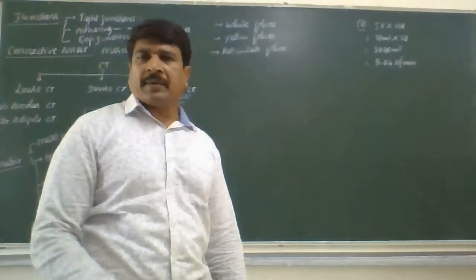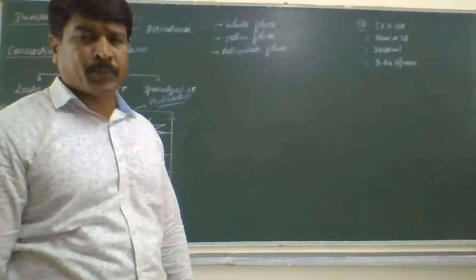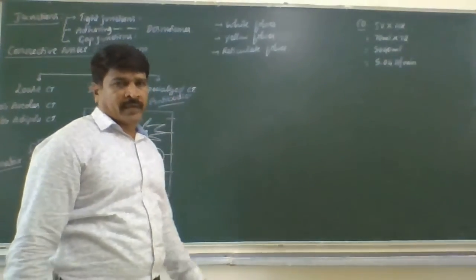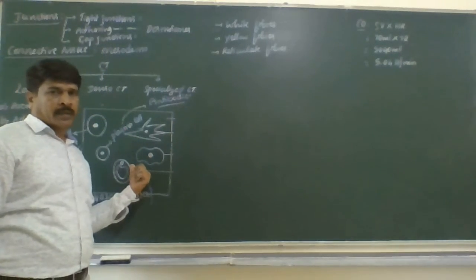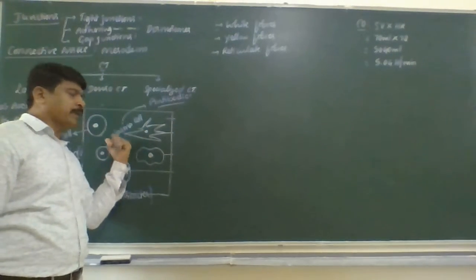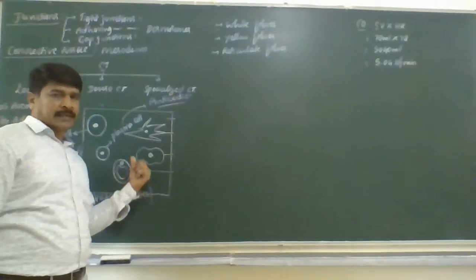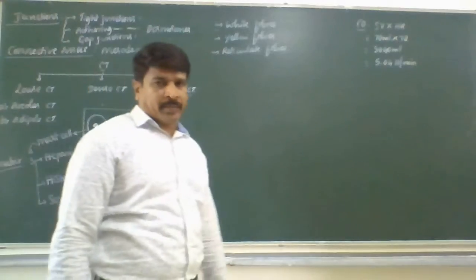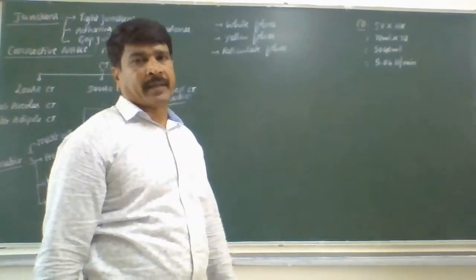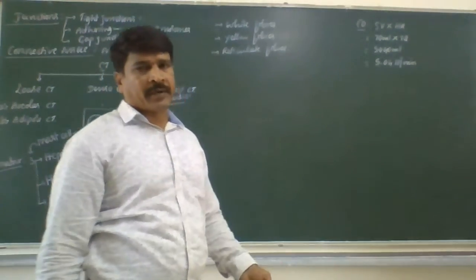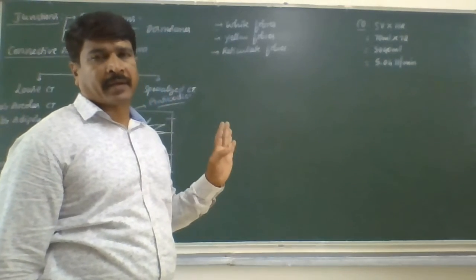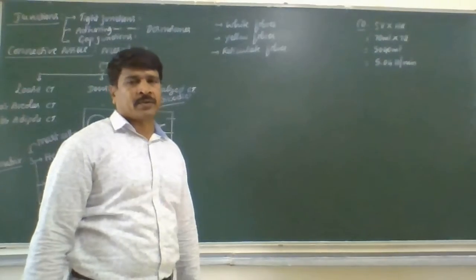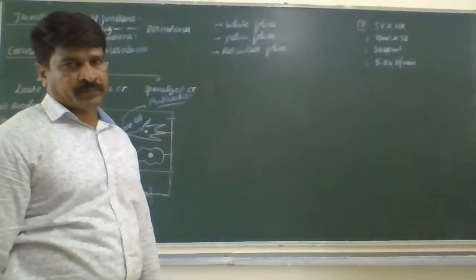When we observe this slide under the compound microscope, we are able to see only white and yellow fibers. We cannot see all the cell types. Under the electron microscope, it is possible to see all the cell types and also reticulate fibers. But under the compound microscope, we see only white and yellow fibers. By seeing those fibers only, we can recognize that it is areolar connective tissue. You remember this. Now let us come to some of the important characters of white fibers and yellow fibers.